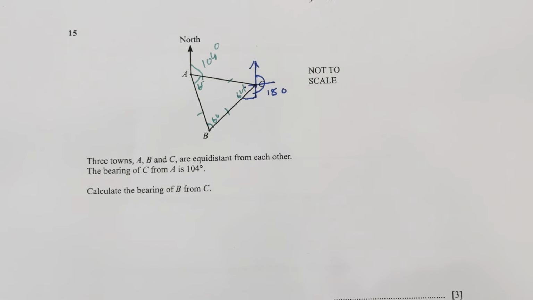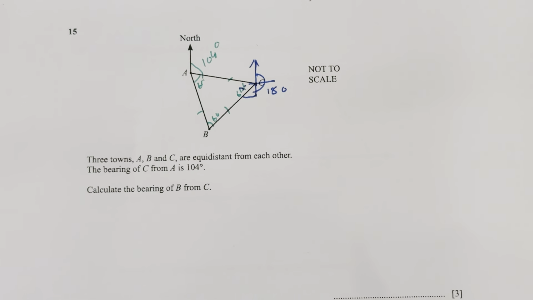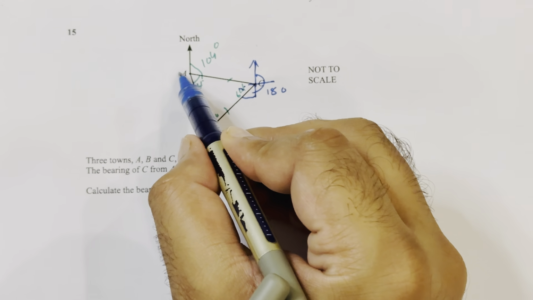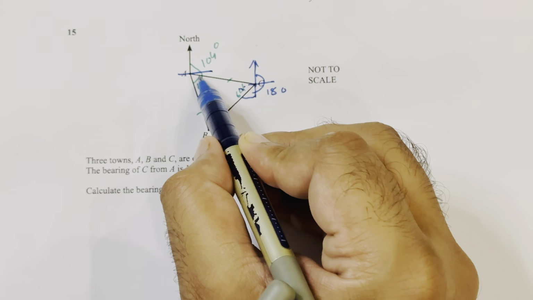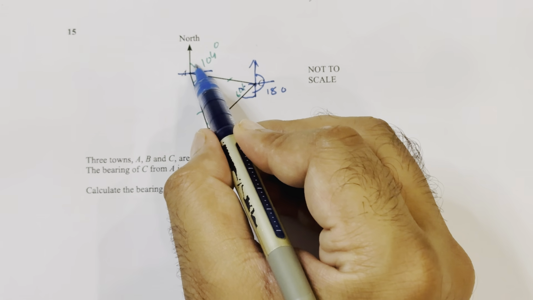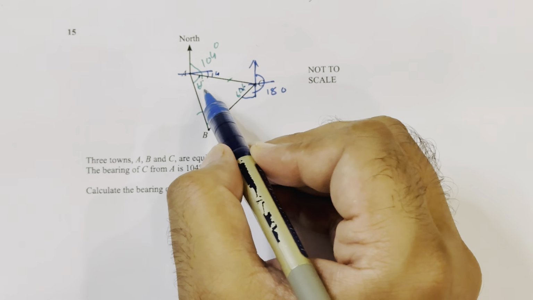We already know that this angle is equal to 60 degrees. Now we need to calculate this angle as well. If we put the bearing over here, this angle is 60, then 60 plus this angle would be 90 degrees, then 90 degrees, this would be 14, then 60